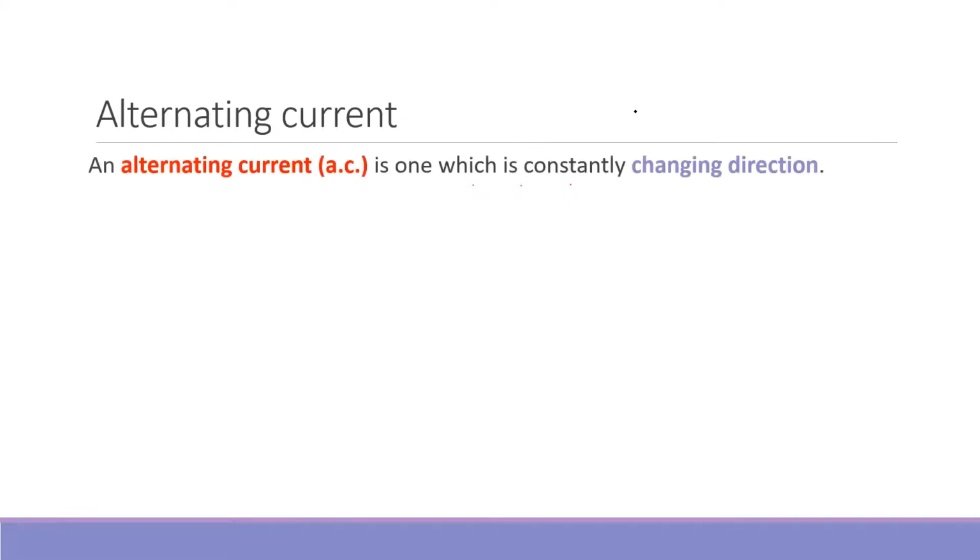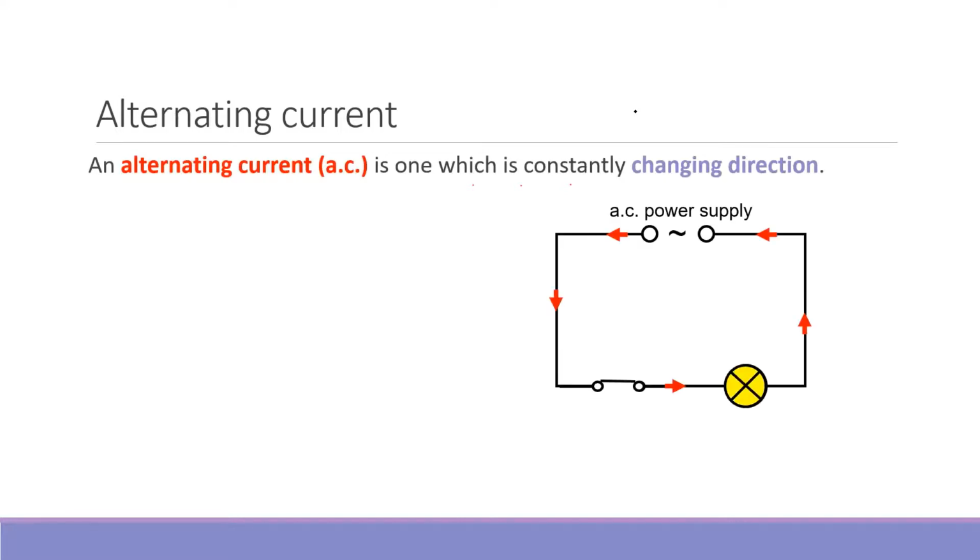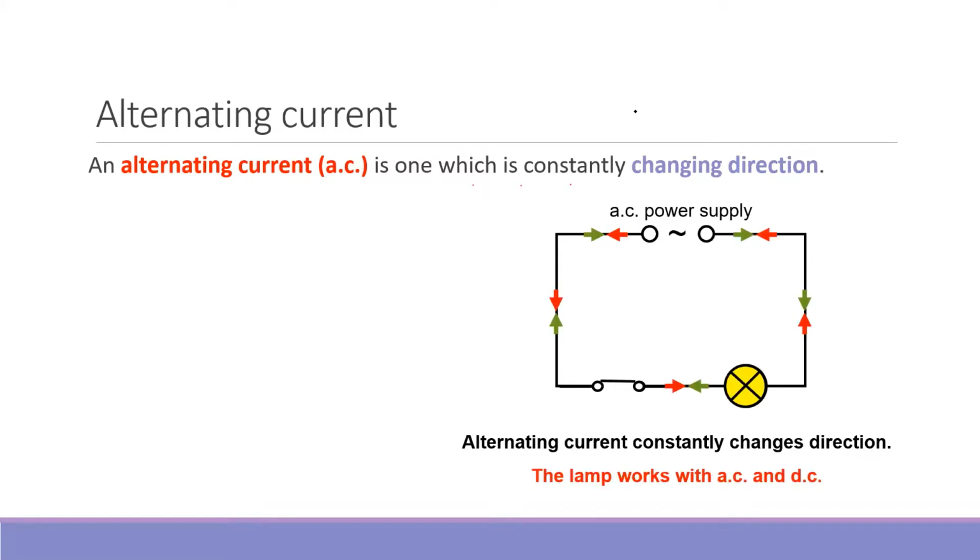Alternating current is one which is constantly changing directions. So for AC, it goes one way, then it goes the other way, then it goes that way, then it goes the other way. The power of AC is that it constantly changes. Now you might think, oh, if it's constantly changing, surely the light bulb should go on and off really quickly. Technically it does. It does go on and off really quickly, but it does so quickly that you